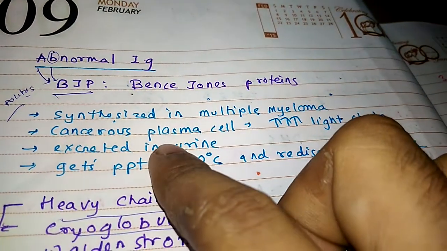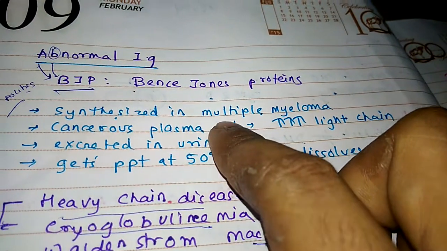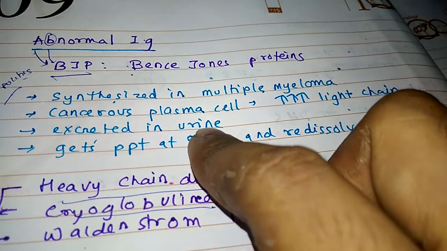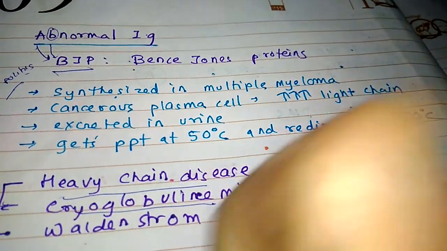See, usually proteins are not excreted in the urine, but Bence Jones proteins are special, so they are excreted in the urine, and they get precipitated at 50 degrees Celsius. But if you overheat it